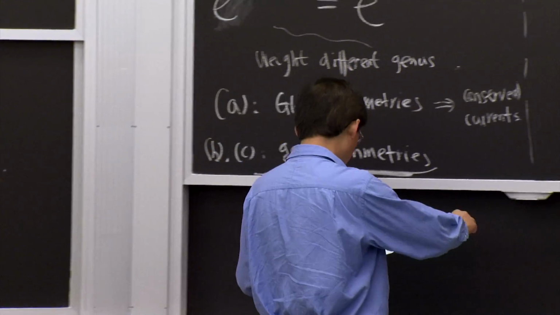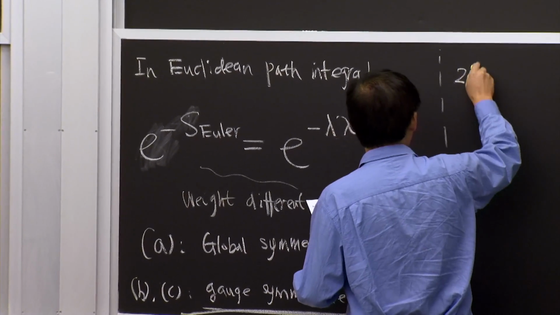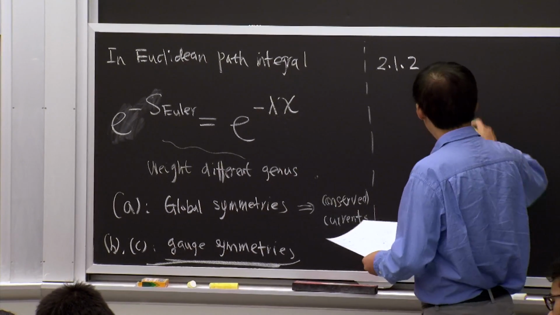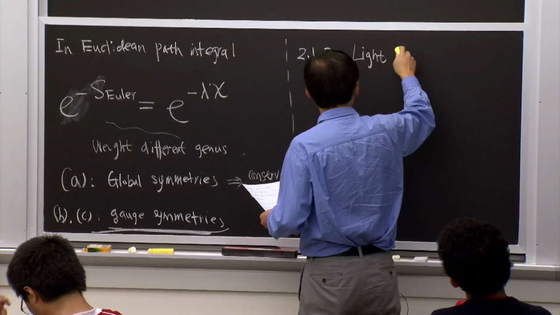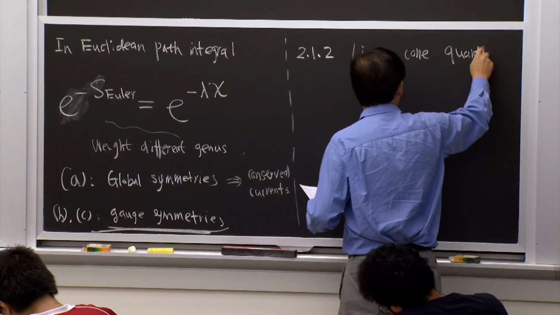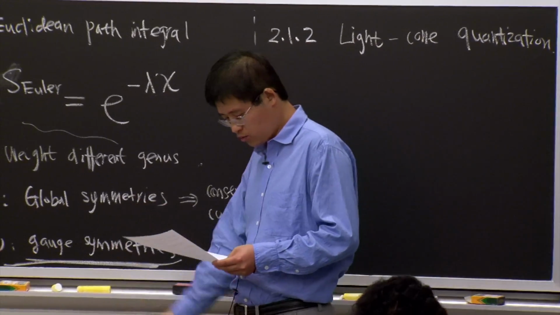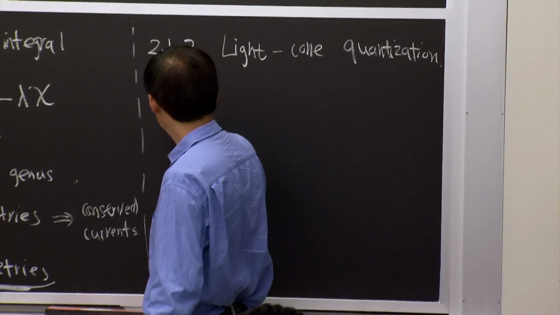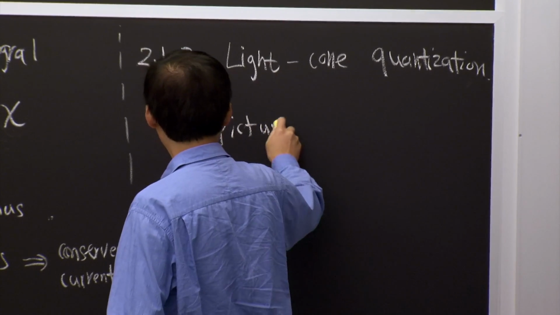So now we are going to quantize the string in the canonical way. There are many ways of doing it. I will use the simplest way, technically simplest and also conceptually simplest. It's called the light-cone quantization, and the meaning of this word will become clear. So the basic picture that will emerge from this quantization